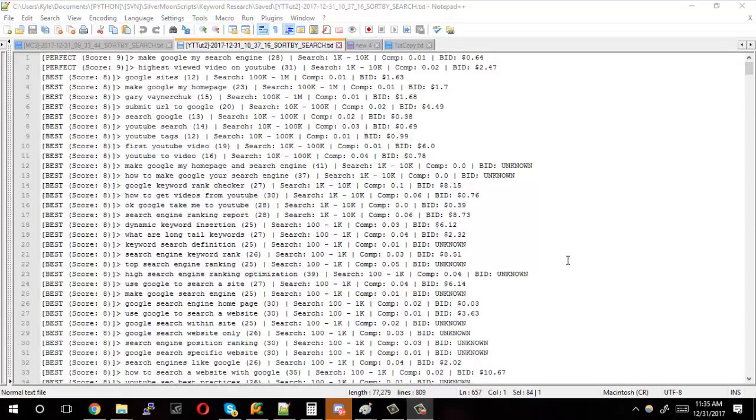Welcome everyone to my Google SEO guide, and this is just going to be a quick demonstration of how to use long tail keywords and a quick awesome tool that I have come up with to help you get the data that you need. So I'm going to first go ahead and explain what Google SEO is, or just SEO